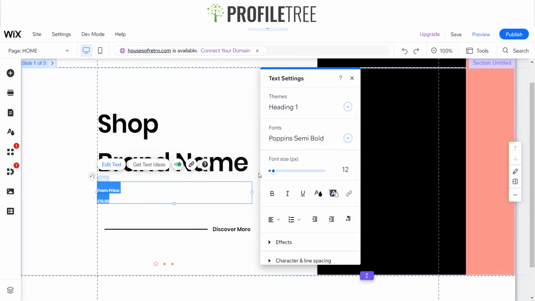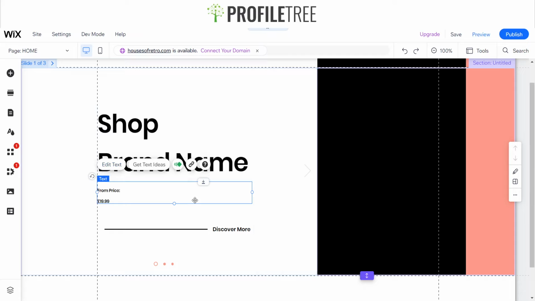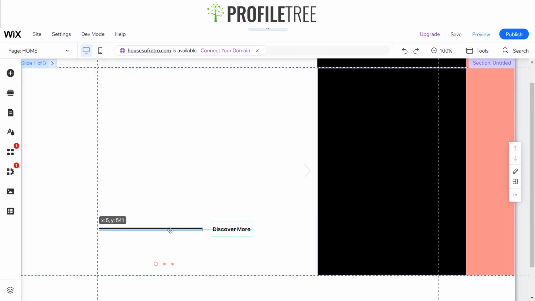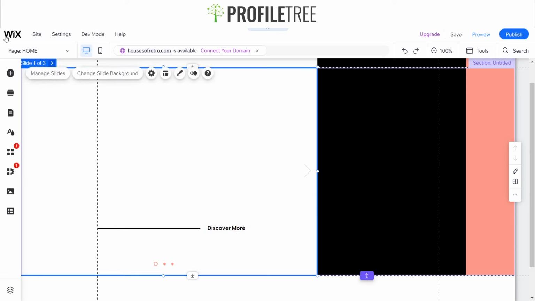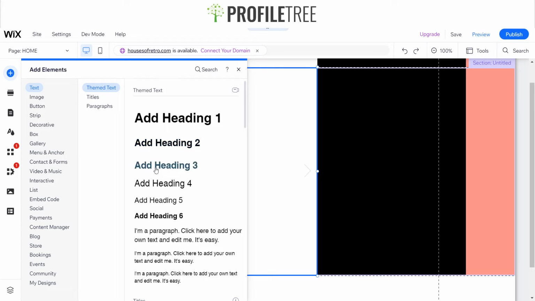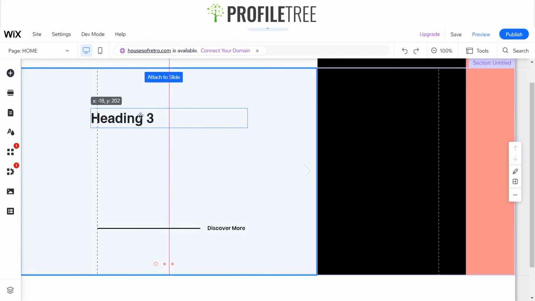It's actually fairly easy to do this, so I'll just show you an example. I'll try to do this from the beginning. But we'll just leave that. Okay, so go into the add elements, go to the text, find a heading that you like, click on one,